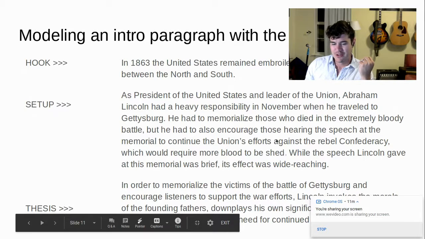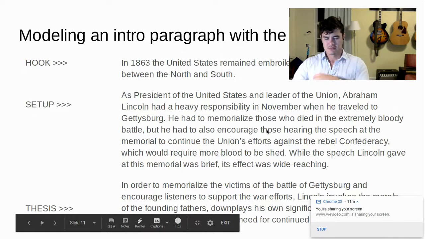All right, so here is a model intro paragraph with the Lincoln RA. I give it to you formatted as a big block of text, but if you'll go to the next slide, I break it down from hook, setup, and thesis. For my hook, in 1863, the United States remained embroiled in a bloody civil war between the North and the